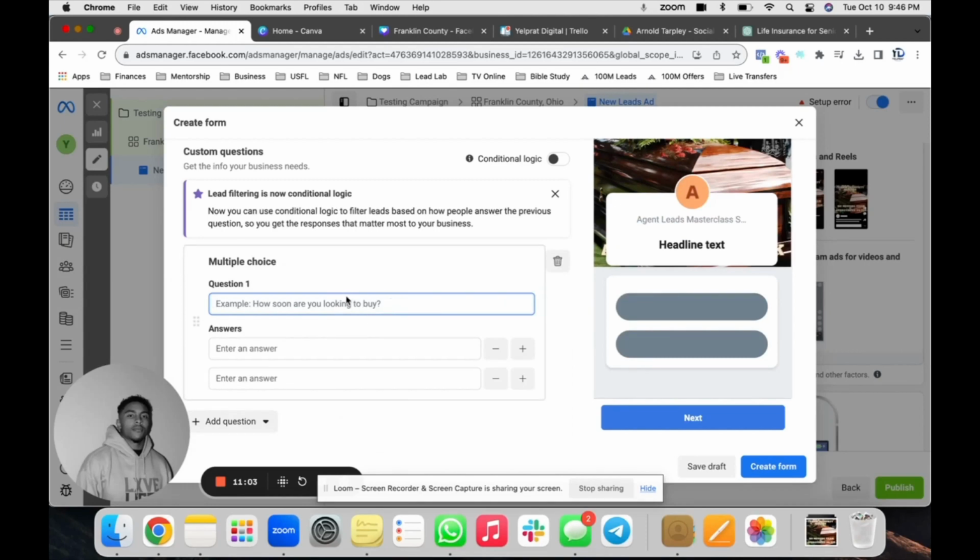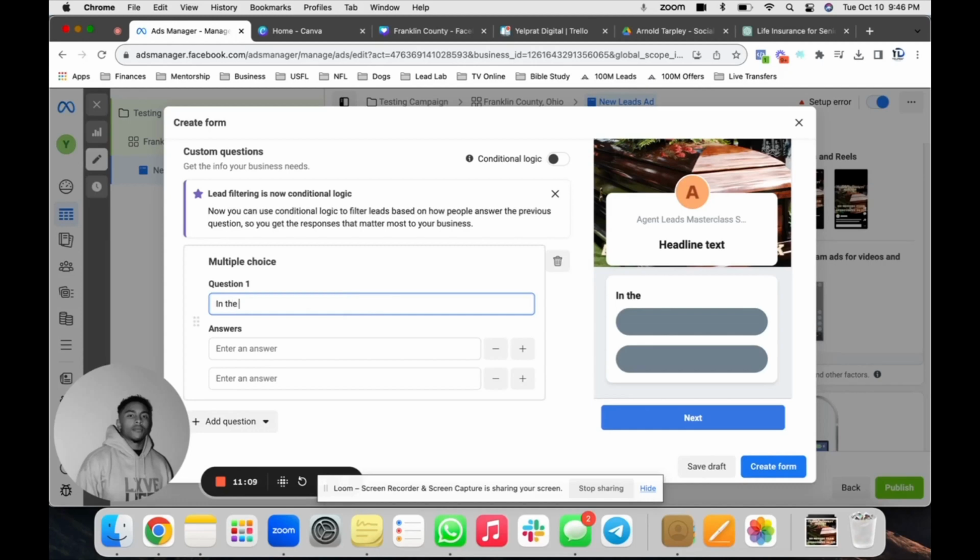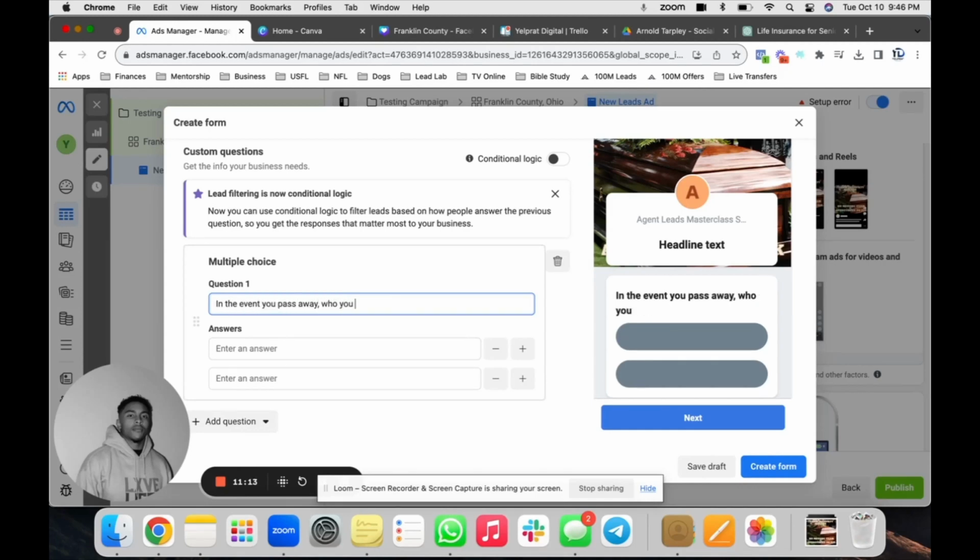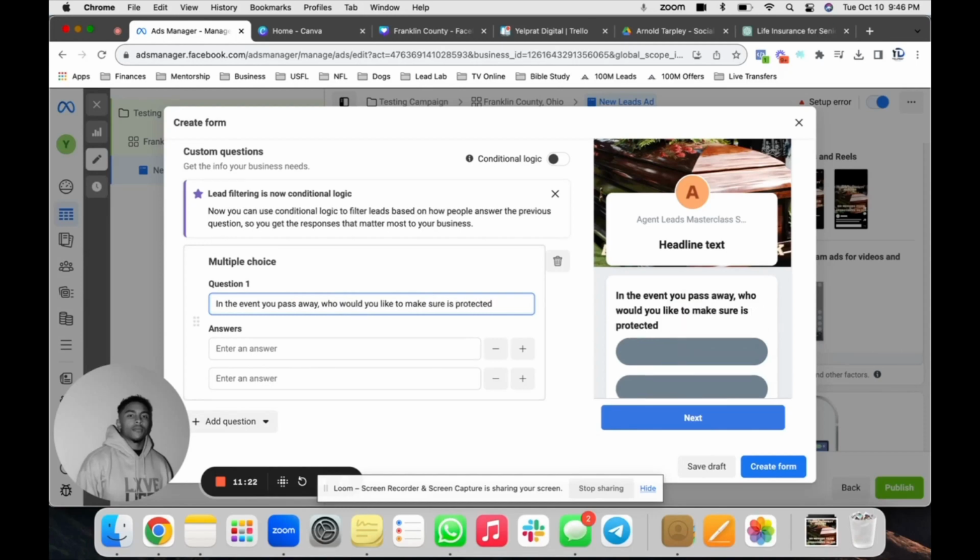And I'd say something like, in the event you pass away, who would you like to make sure is protected from financial burdens?